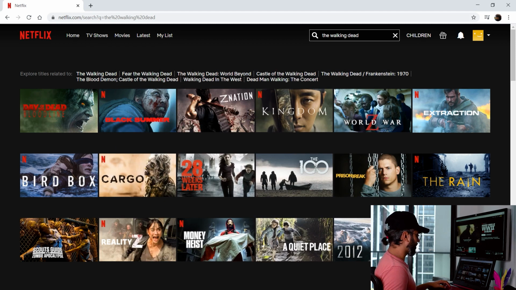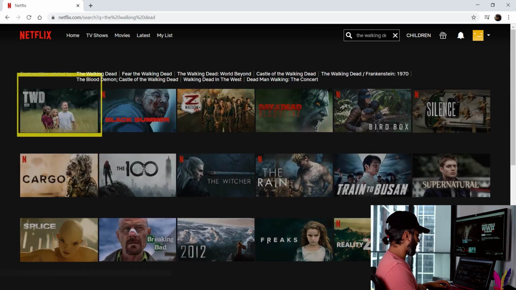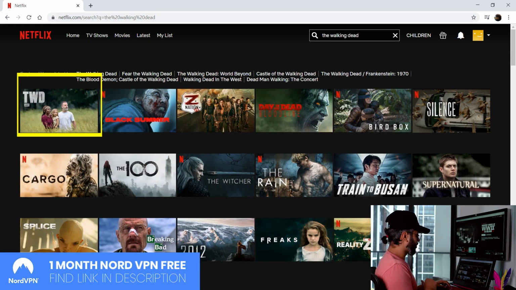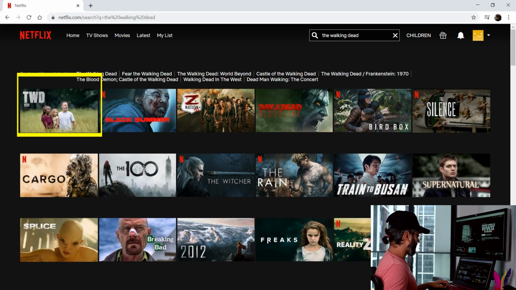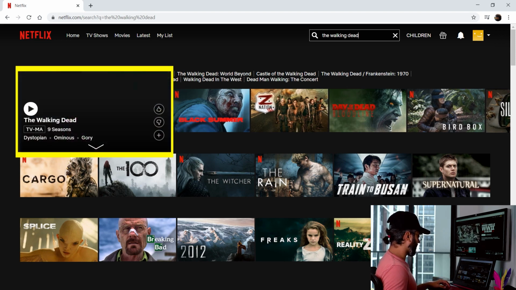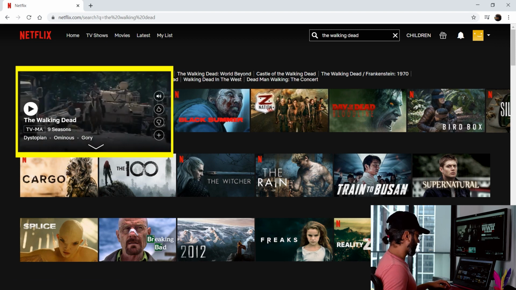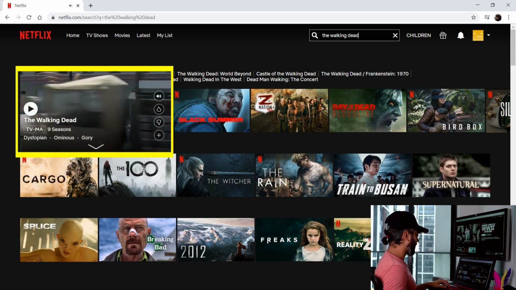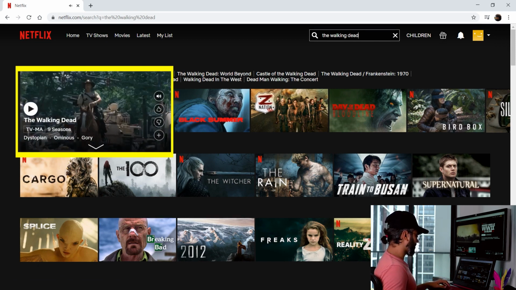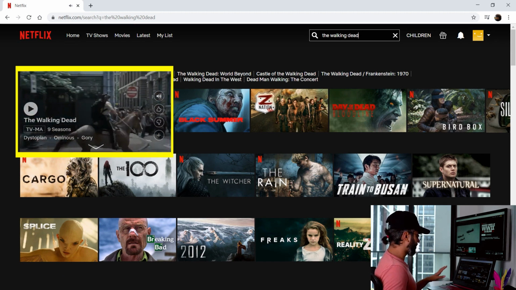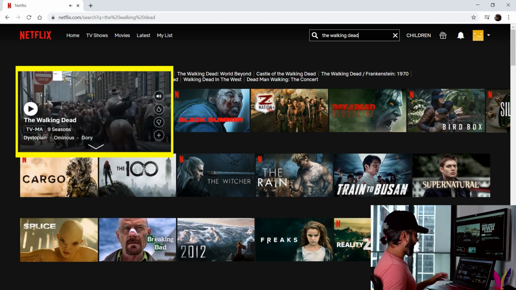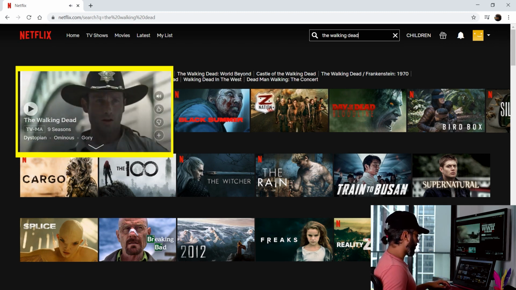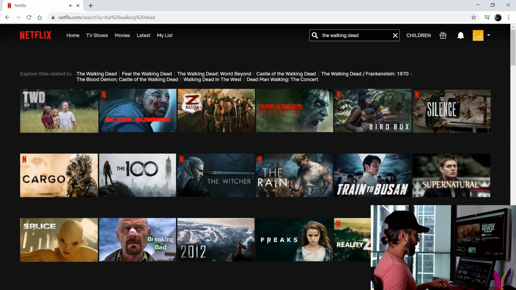I'll go back to the Netflix page and load up the screen again. Let's see if it now shows up The Walking Dead. That was quite quick. So as you can see now, The Walking Dead is right there, and not just that it's there, it's running as well. It says all the 9 seasons available. I can open this up and show you, but for copyright reasons, I'll have to mask that up. But you can still see that it's loading up. So there you go, that's The Walking Dead.